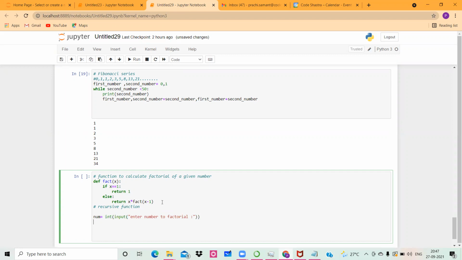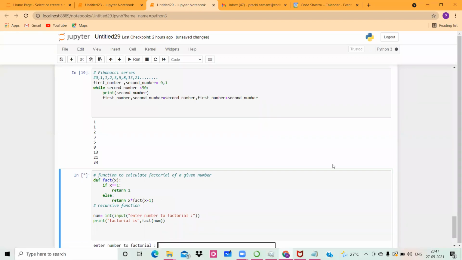Then whatever number the user enters, we will print the factorial is, and here we'll call this factorial function and pass the number entered by the user.